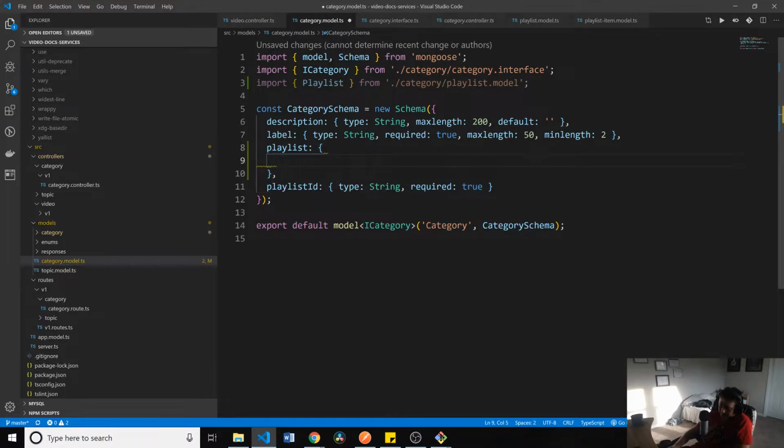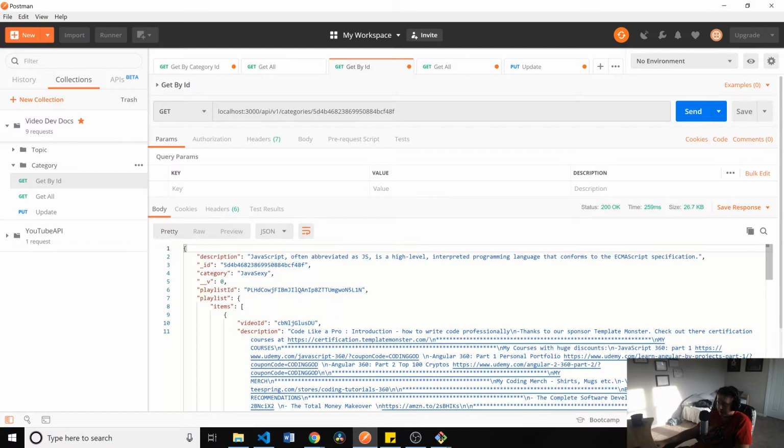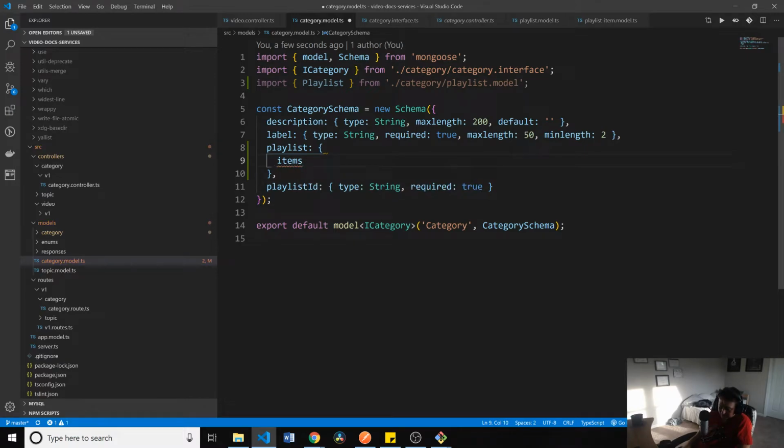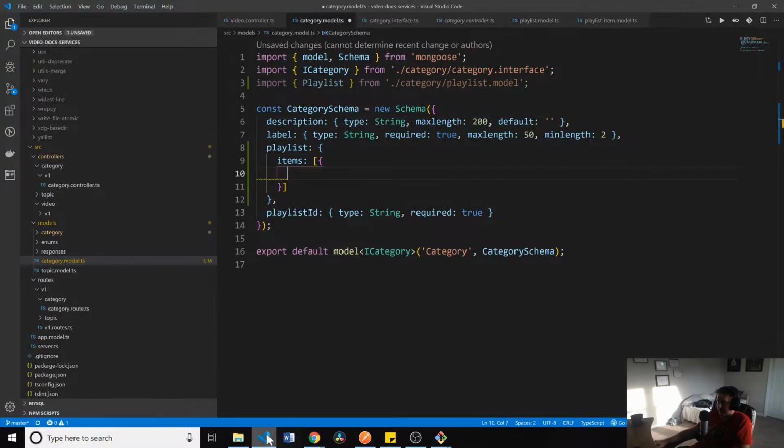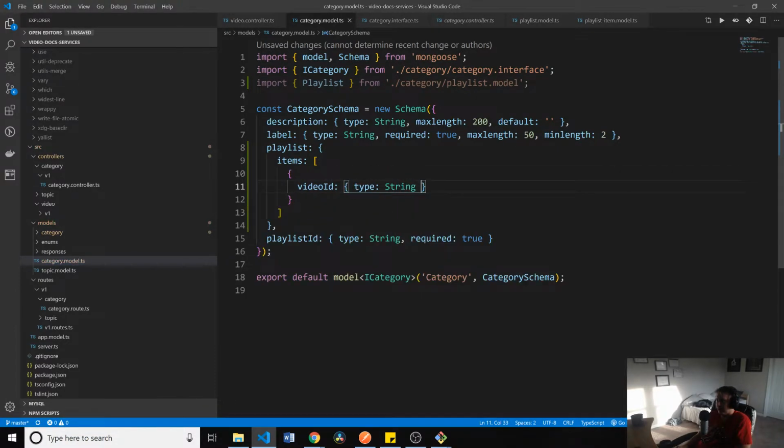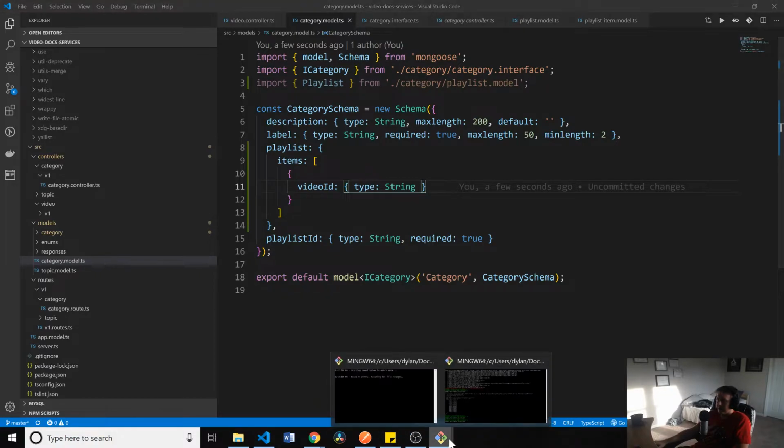And in here, we have items, which is an array. And in items, we have an object. And that would be, let's say, video ID. And then here we have type string. And I bet if we called that,